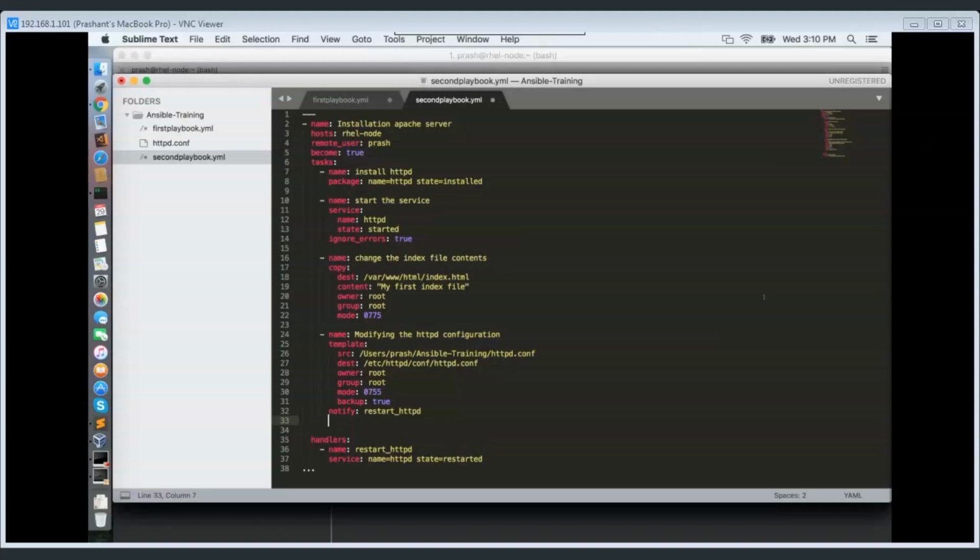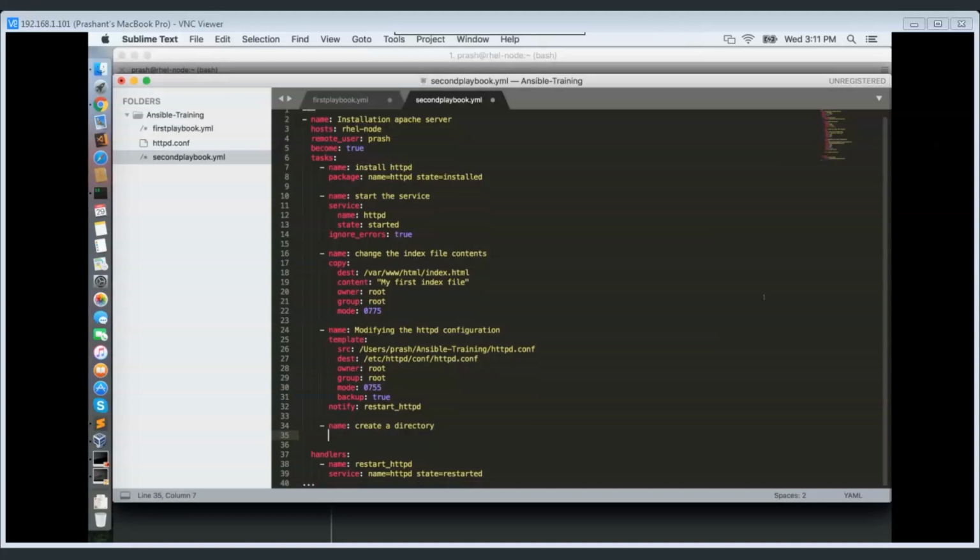So let's say the directory is not available, so I'm going to create a directory, and then modify some content in a file. For that, we have a module called file, and file has different parameters. Path means the path where you want to create the directory. So let's say I want to create it in the html directory,